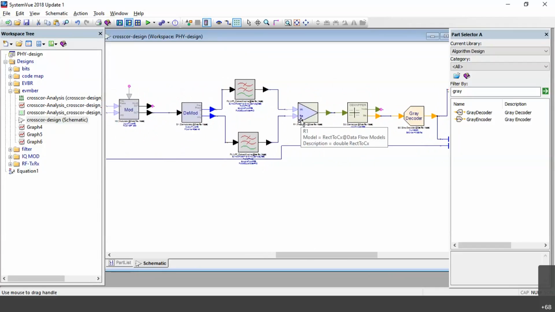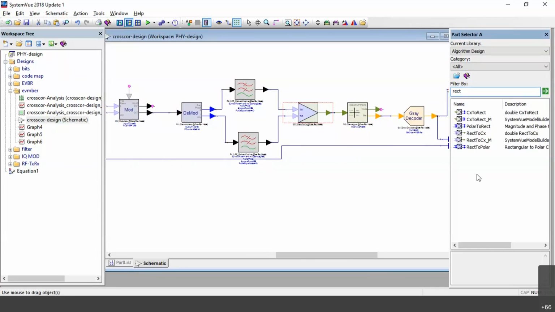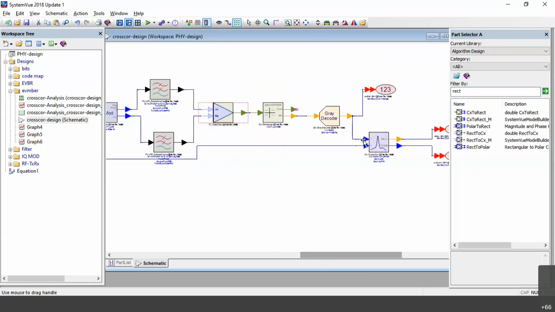So everything should be the opposite: rectangular to complex format. You have to select rectangular here. Type rect. If you're not finding a particular word, just select at least half of the word, and it will display. So use rectangular to complex. Then demapper. Then the gray decoder, sorry, you have to use the gray decoder, not the encoder.